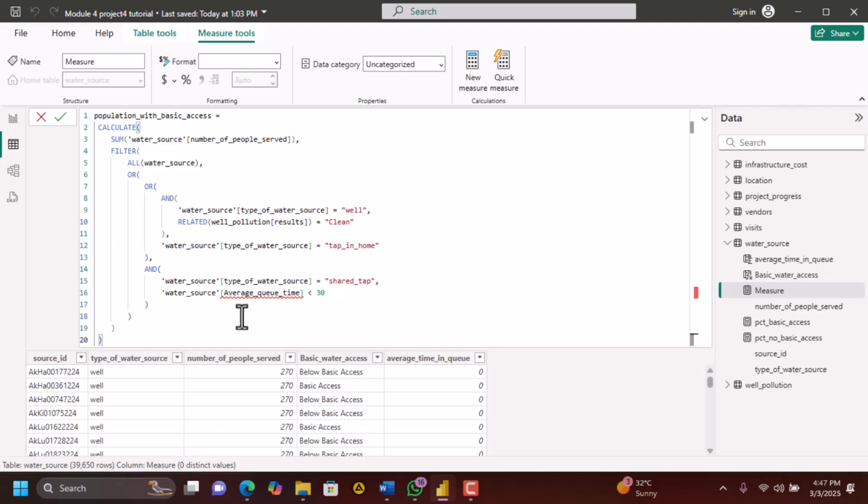Great. So this is how it looks. This will filter the water source, and then the first OR covers everything inside this. So these are all inside this OR statement. This OR statement contains all this. So why OR? We are saying that this statement, sorry, this statement rather. So this one first,